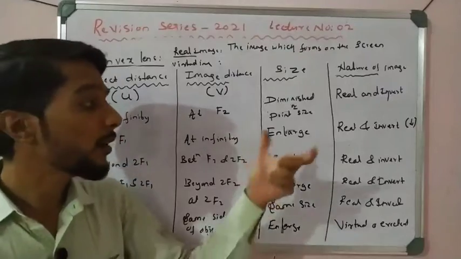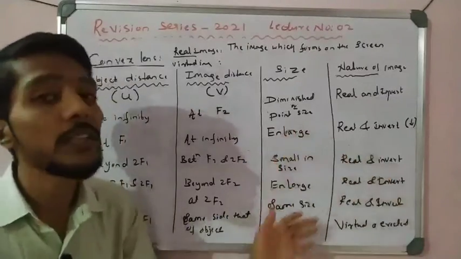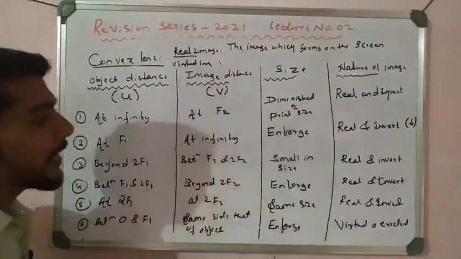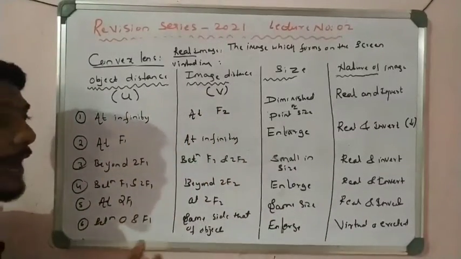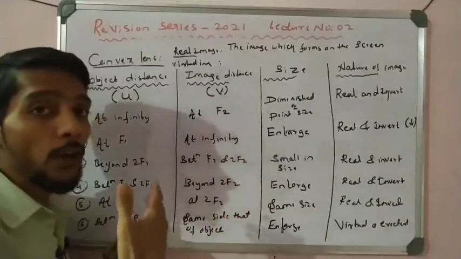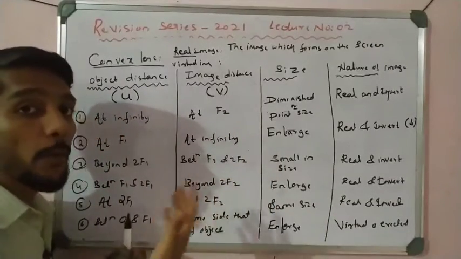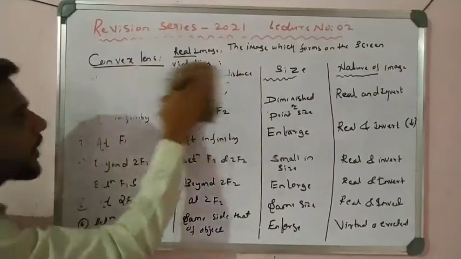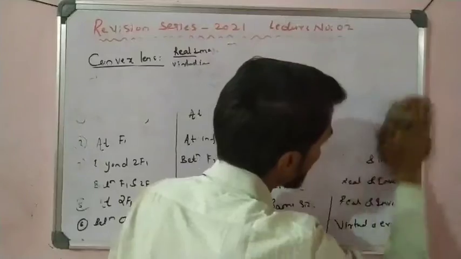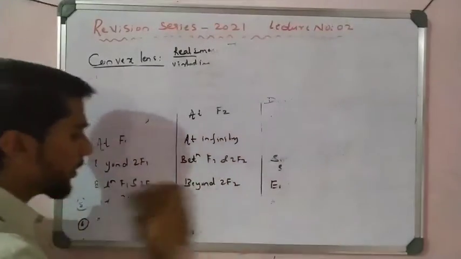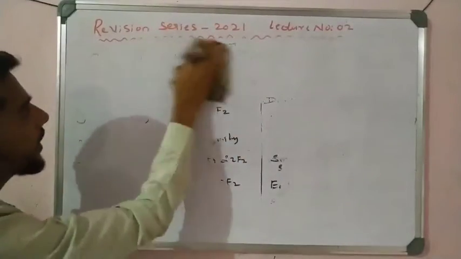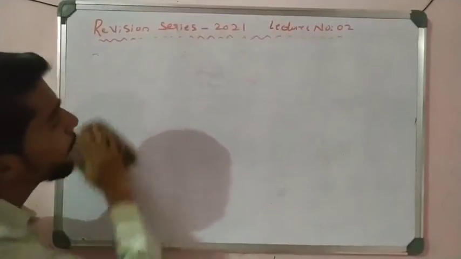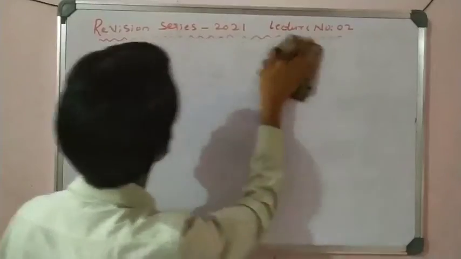Now we can draw the ray diagrams and prove all these cases one by one, students. Take a screenshot or write this down and try to write the whole table without seeing the textbook. Practice this, memorize all the conditions, very important. So now I can remove this. Let us start the very important part, image formation. Please take rubber, scale, pencil, and sharpen your pencil. Let us start the class.